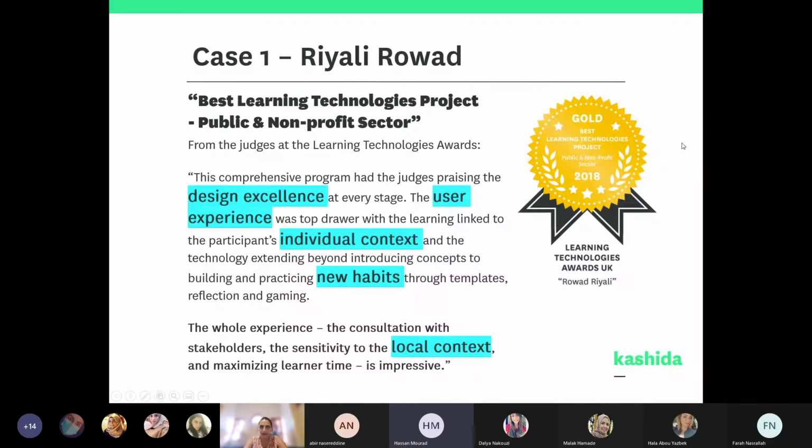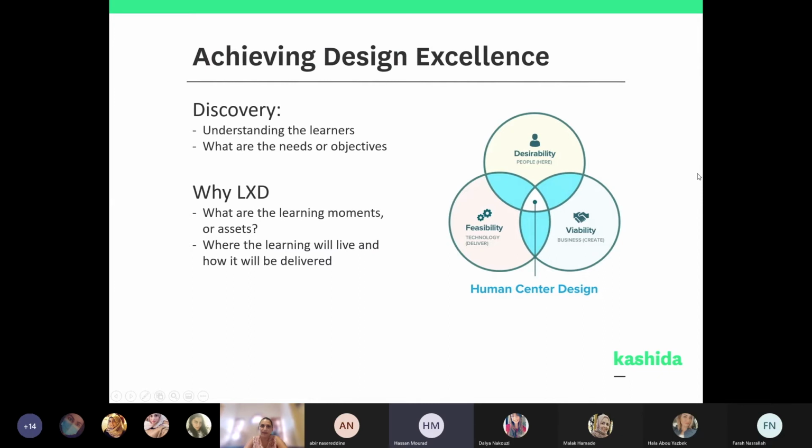The reason we chose to present this project is not only that it's an award-winning project, but also if you look at the comments that we received on it, the keywords design excellence, user experience, individual context all lead to a well-designed program that exceeds the classical media development for e-learning. Ruba is going to take us through how you actually design for excellence, and what the difference is from just producing videos.